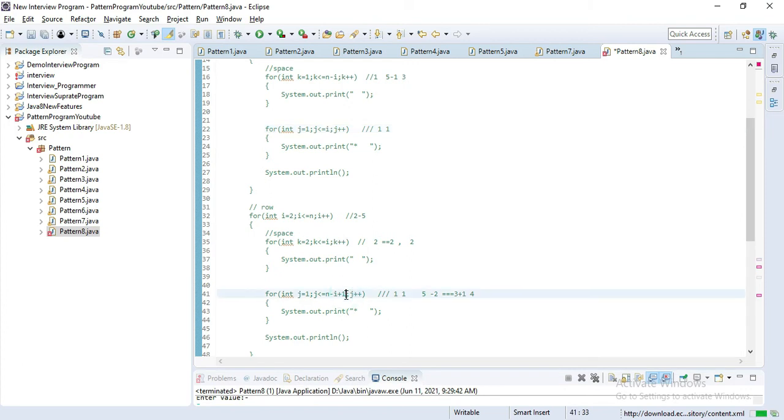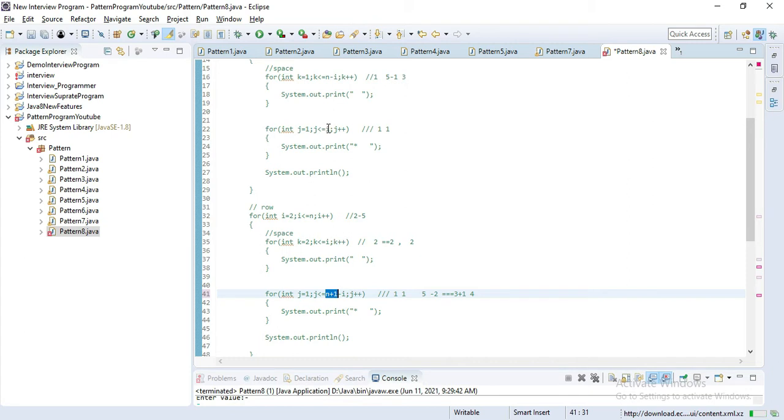So here we define only I, and here we define n minus I plus 1. Instead of adding plus 1, we can directly add n plus 1, so n plus 1 minus I. We can write the code something like this also. We will do one thing: we will store this n plus 1 in one variable.